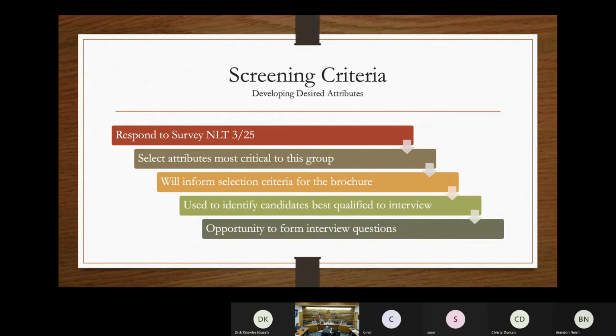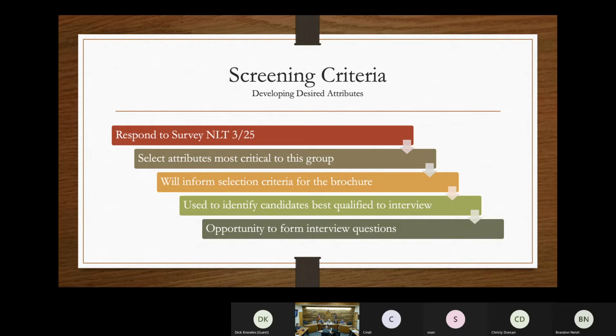There's an element in there that you can slide the different options higher or lower to determine what your favorites are. And then what I would recommend is 3 to no more than 5 be used. So the top 3 to 5 out of everything that the council selects would be used as the screening criteria. That's not to say that all the attributes you'd be looking at are not important.